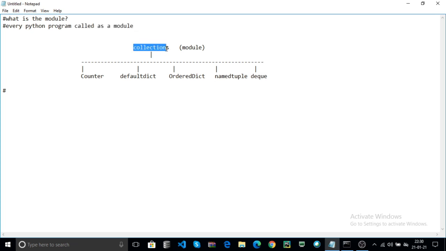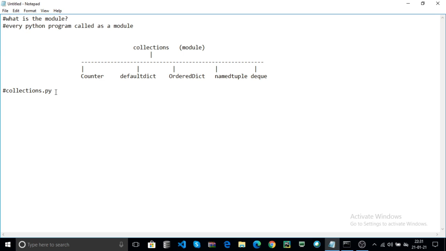Here this module is the collections.py file. In Python, modules are of two types. The first one is standard modules and the second one is user defined modules. What are standard modules?